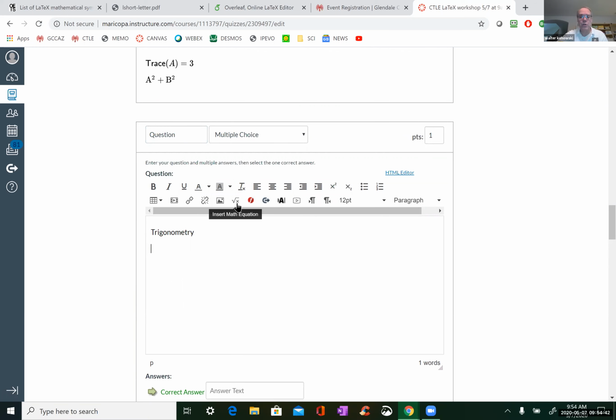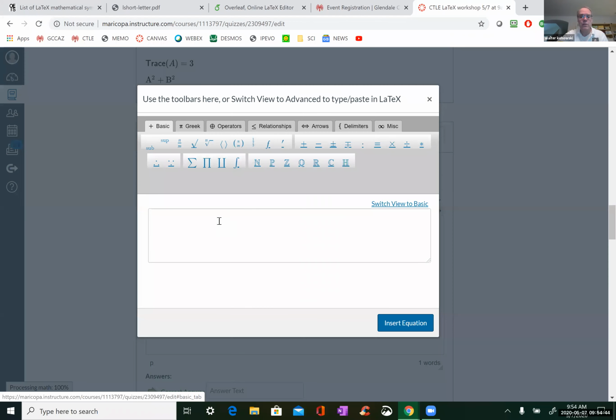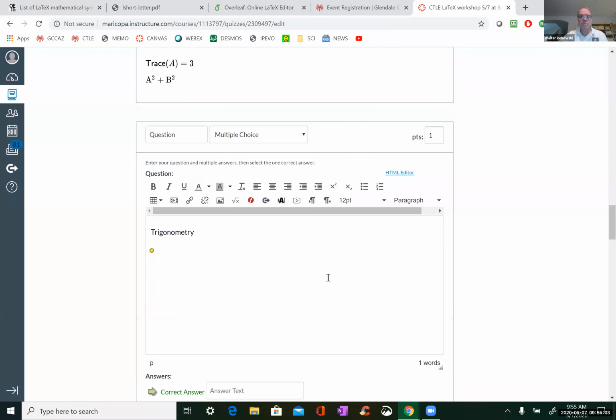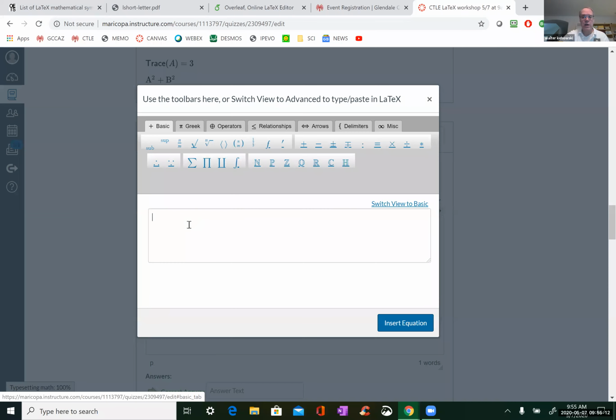So you can do all of your usual trig functions. So I have all your nicely rendered trig functions. And then of course, there are all the usual ones.